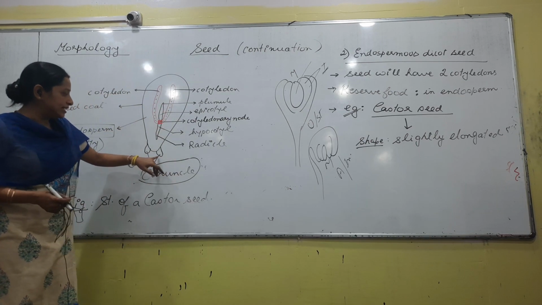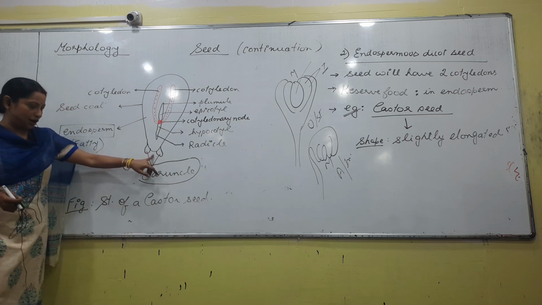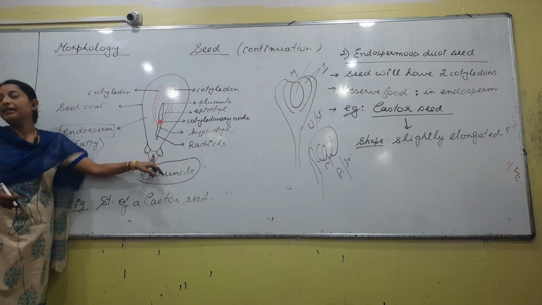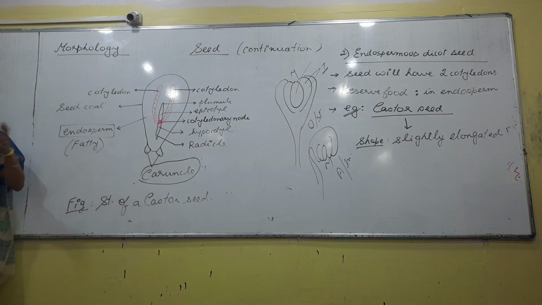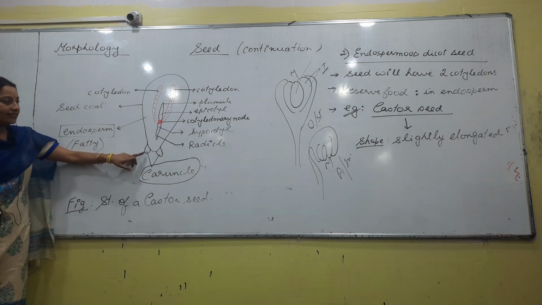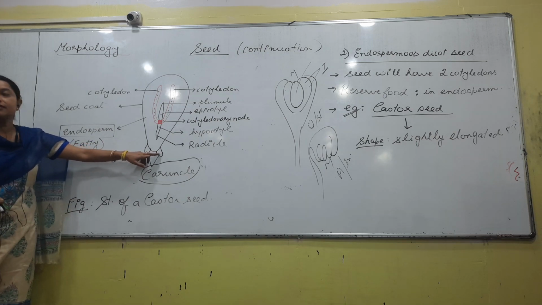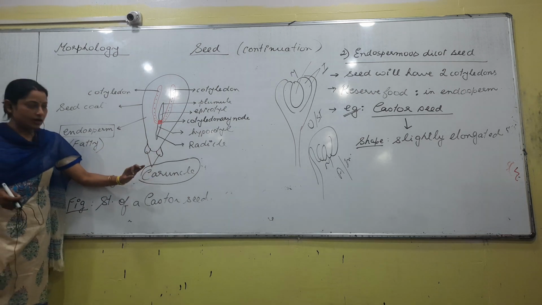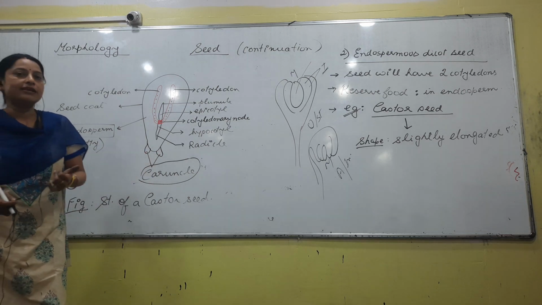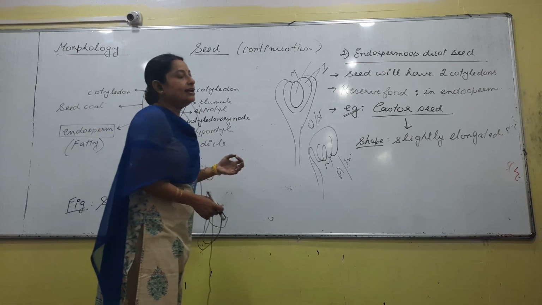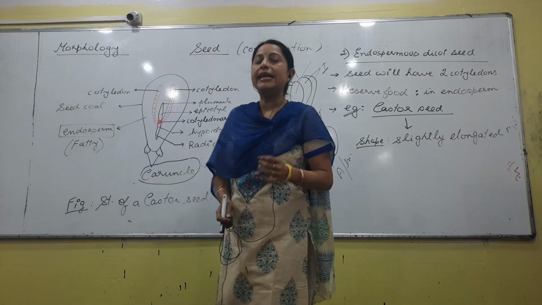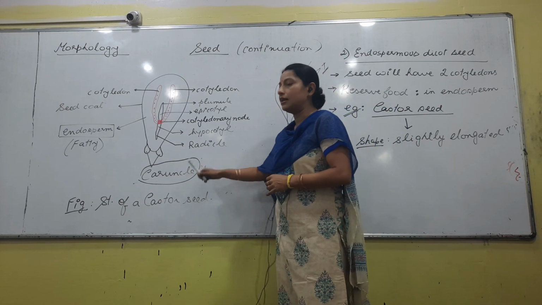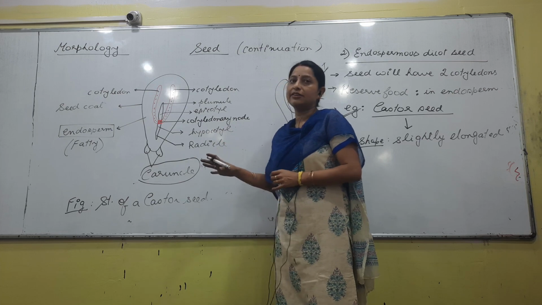When we talk about integuments, scientists are of the opinion that in a castor seed, maybe there was a third integument, and after fertilization, when the ovule got converted into the seed, the remains of the third integument were left over, and this part is called a caruncle. A seed having a caruncle is called a carunculate seed. What is a caruncle? It is believed to be the remains of a third integument. An example of a carunculate seed is castor. This is information that you have to know.